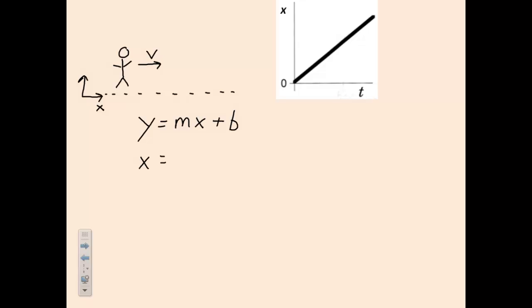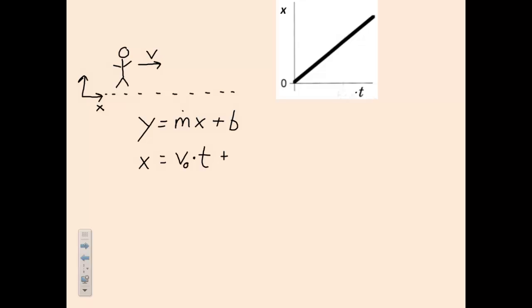The position at any point in time is equal to the slope of the line, m, that's the next part of this expression, and we know that the slope of a position versus time graph is equal to how fast the thing is going, so we'll say v, and just to keep things in check, how fast the thing is going at the start, the original velocity, times whatever is along the x-axis. In this case, along the x-axis, time is represented,